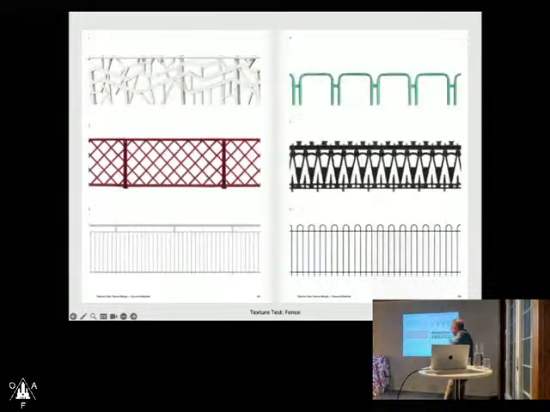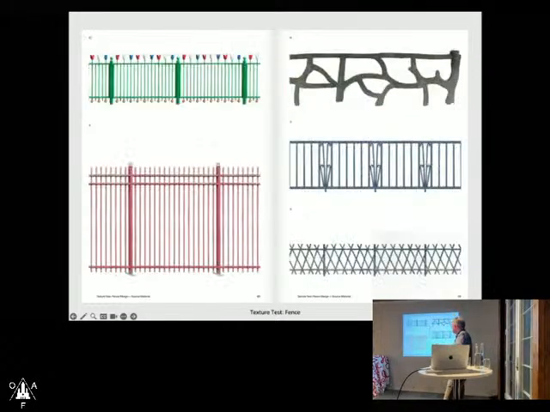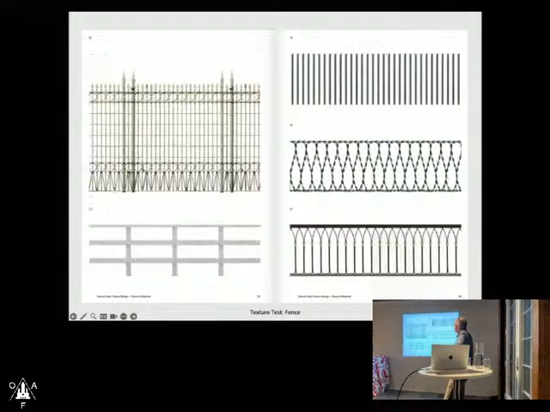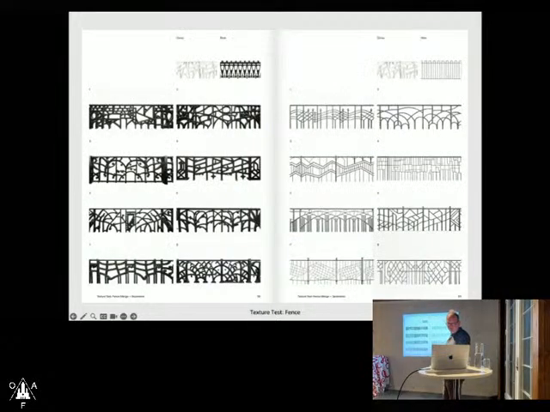And then we cut them all out on white to not make the AI confused about what it should do. It's a very beautiful fence by Gaudi, next to a Dutch fence on the left top, and then here you can see the style that is put against the composition. And again, based on the material that it has.